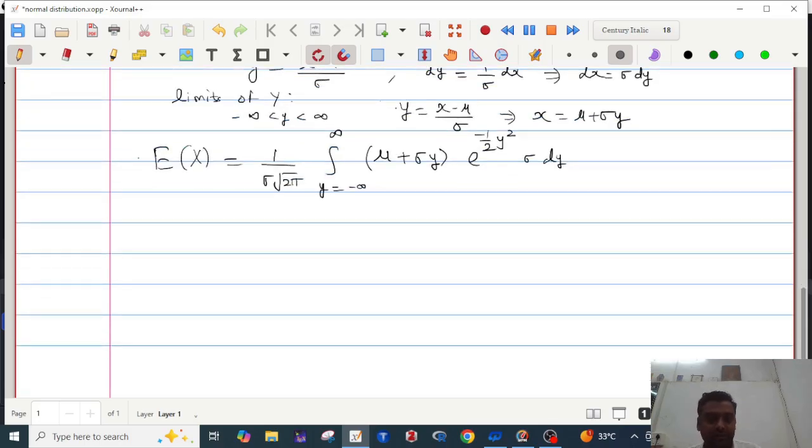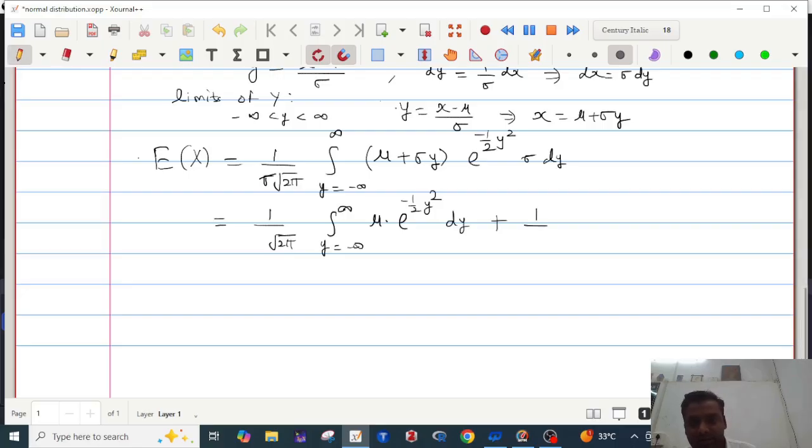Now solve this. So 1 upon root 2 pi, y is from minus infinity to infinity, mu into e raised to minus 1 half y square. See, this sigma gets cancelled here. This is dy